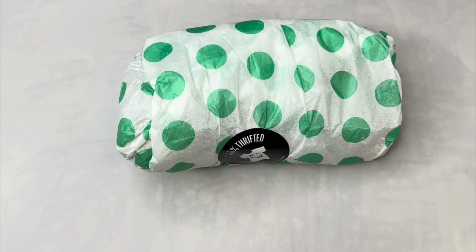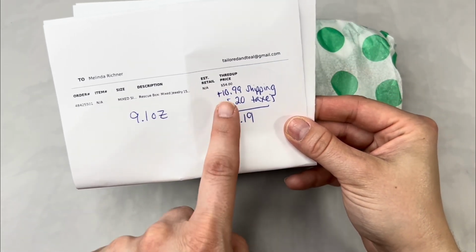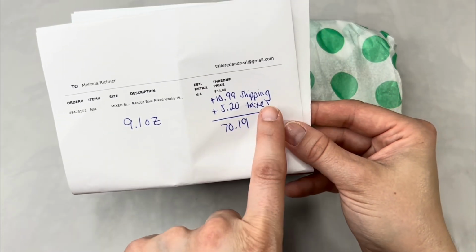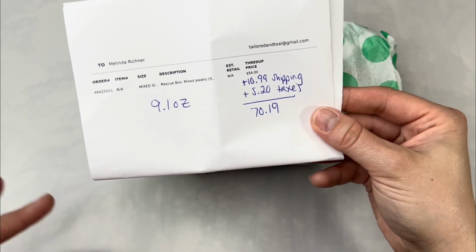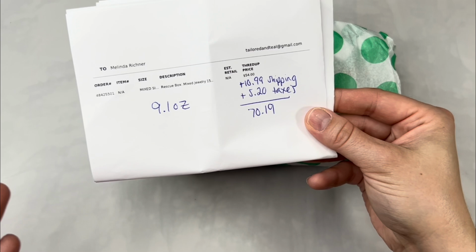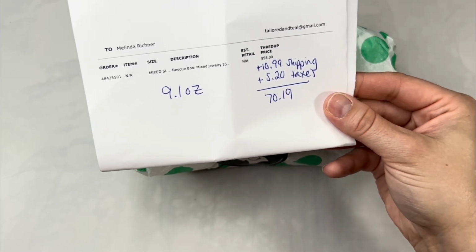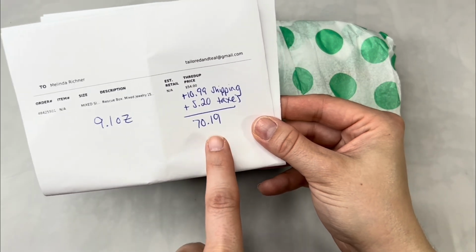Just wanted to give you an idea of what I paid. So I paid $54 for the box, $10.99 in shipping, which is crazy to me since this weighed under 10 ounces. But I no longer have free shipping with ThredUp because I haven't bought as many items recently. And I guess you lose your free shipping status if you fall below a certain threshold that you haven't spent for the year. They changed their whole reward program a while ago and I didn't really keep up with it. There was $5.20 in taxes, giving me a total buy-in cost of